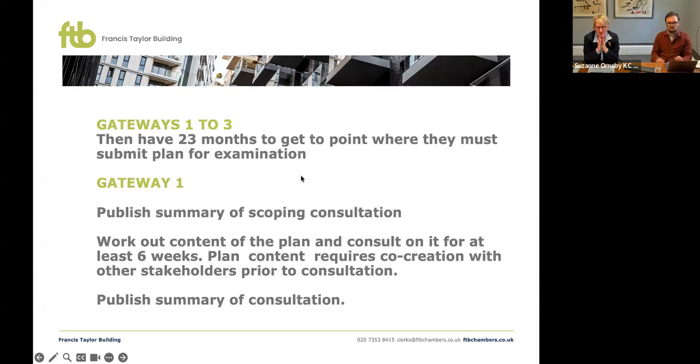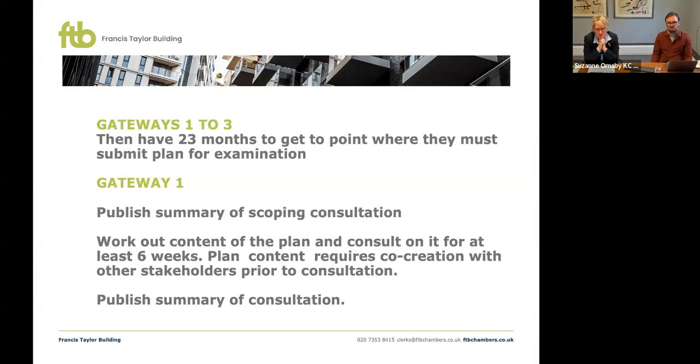But you will see from what I've said about the pre-gateway process, and those of you who have been involved in plan making up to this point will know, that it is essentially the evidence gathering process to make sure you're in a position to, historically, start your Regulation 18 process. That is an awful lot of work, and in my view is likely to take much longer than 4 months. But anyway, once a local authority has self-certified that it's undertaken all that pre-commencement work, the authority then has